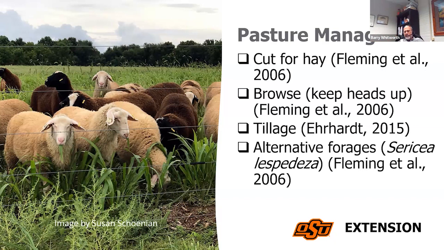But looking at it strictly from a parasite standpoint, I want to rest as long as I can, because the longer we stay off of it, the less effective larvae there's going to be back there. And if we can get somewhere past, like I said, 6 weeks or so, that's great. If we could stay longer, it would be better. But again, I focus on the parasite part of it, and you always have to remember the economic part of it. I hope that helps. I'm not sure I'm the best one to answer that from a grass management standpoint.